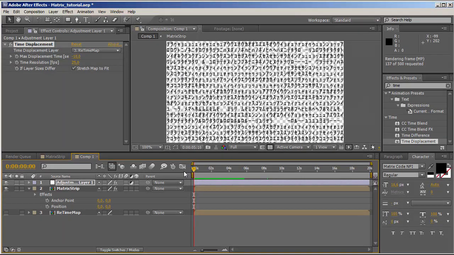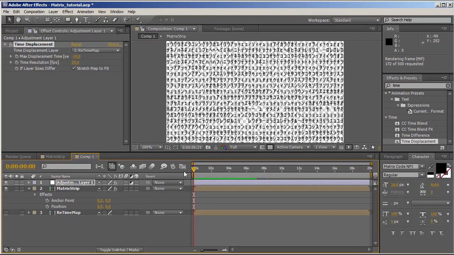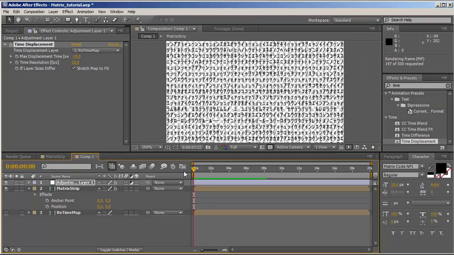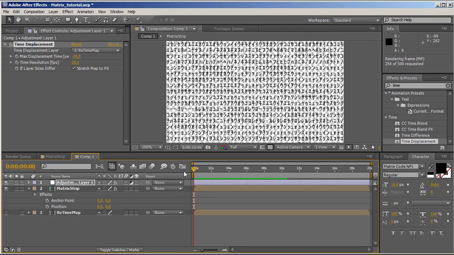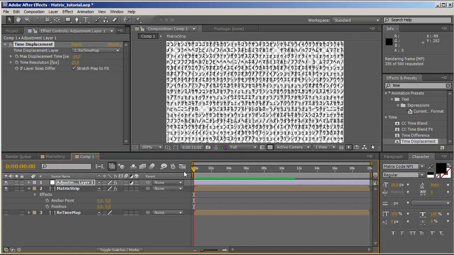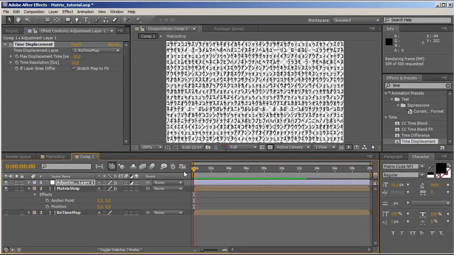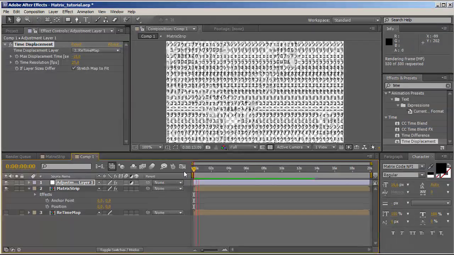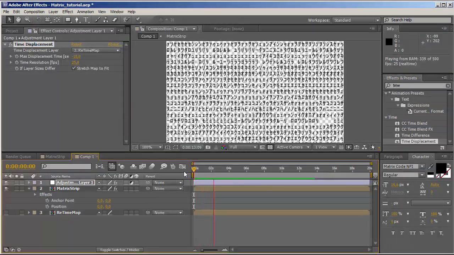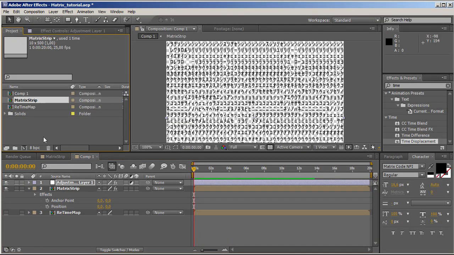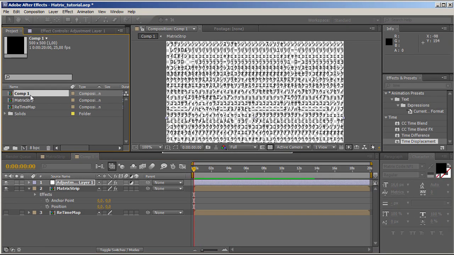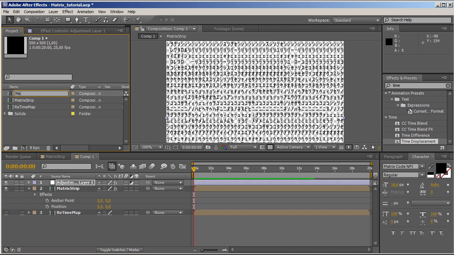And they're not changing in a linear manner, which is really important because some letters are going to stay, some are going to change, some are going to change a bit later, and it's all going to happen in the same column basically. So this is exactly the matrix raining code look. So as you can see, that's how it's working at the moment. So I think we can save this as a matrix array,